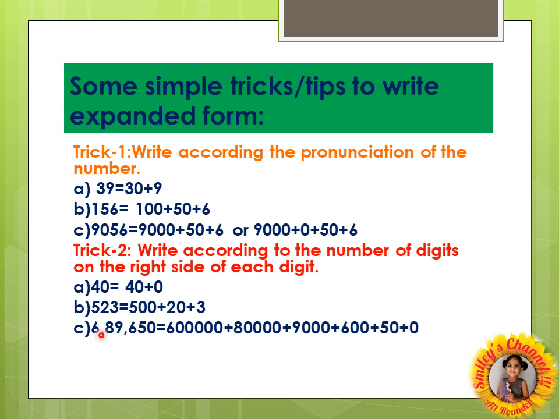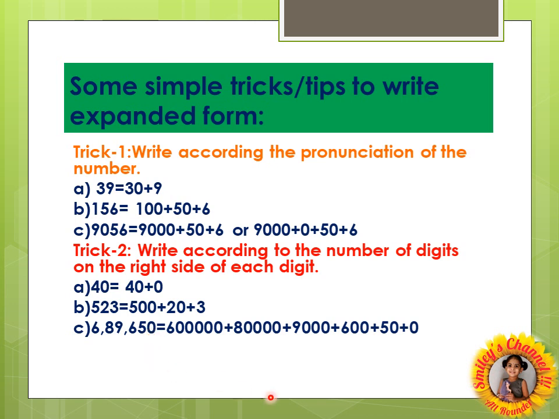Plus, now 6 is over. We are writing for 8. Write number 8 first and count the zeros. How many numbers you have after 8? 1, 2, 3, 4. So 4 zeros plus 8 is over. Now 9. You are going to write 9. How many zeros you need to write next to 9? Count the numbers. You are right. 3 numbers. So 3 zeros. Now 9 is over. We are writing for number 6. So 6. After 6, how many digits we have? Tell me. You are right.